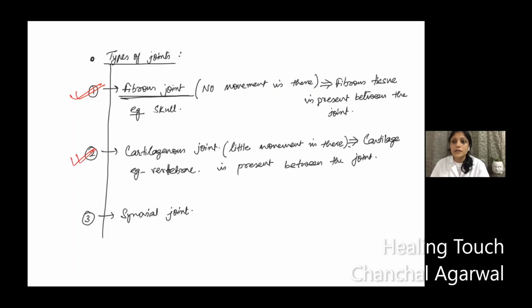Now we come to the third joint. What is the third joint? Third joint is synovial joint. ये आपने सबसे ज्यादा सुना होगा because इसके बारे में आपने बहुत पढ़ा भी होगा, इसके बारे में टर्म्स भी आपने सुनी होंगी. Because whenever we talk about a joint and we talk about the structure of joint, we always see the synovial joint. उसी जॉइंट को हम देखते हैं, पढ़ते हैं, समझते हैं, बिकॉज सबसे ज्यादा काम उसी पर करते हैं। इसके एग्जाम्पल्स भी हम सबसे ज्यादा समझते हैं।